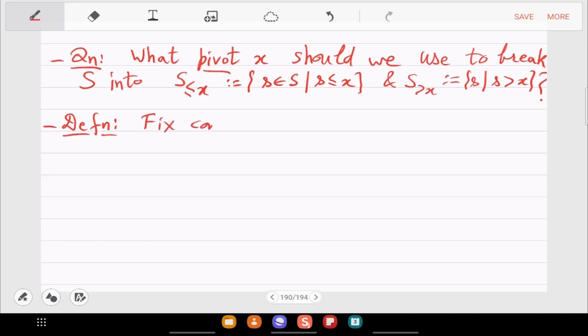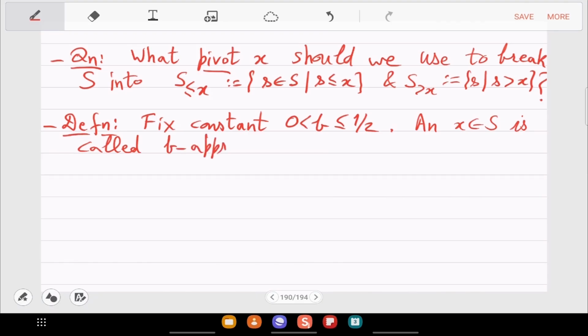For a given constant b, x is called a b approximate median of S if the number of elements in the first part, the number of elements that are less than or equal to x, is, for an exact median, you wanted this to be equal to n by 2, right?